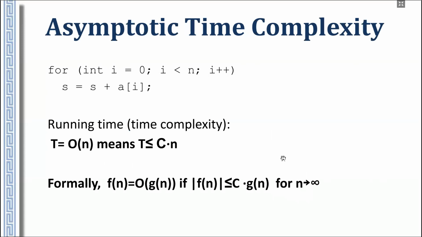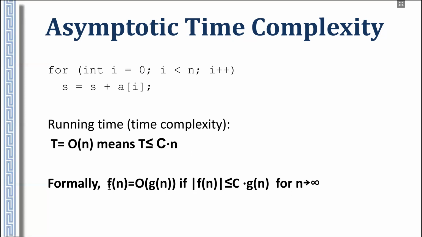Formally, this notation O(n) means that T, that is the time complexity, is at most some constant times n. But this O notation can mean not only time complexity, it can be an estimation for any function, and formally it can be given like this. And we will use O notation for memory complexity, maybe some other quantities, and formally it can be